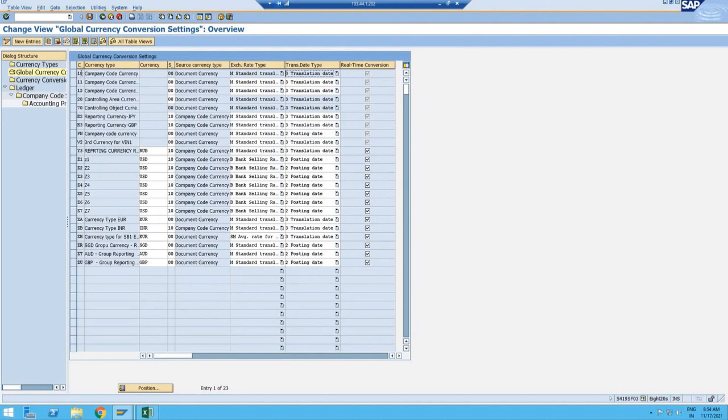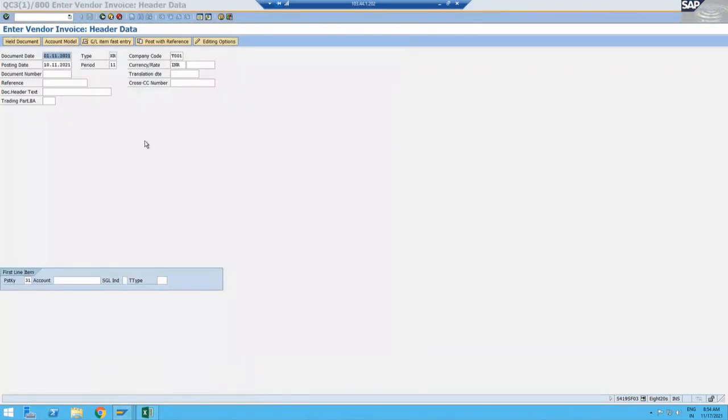This is the setting at the company code level. That is, when I'm trying to post in my company code, the transaction date is set as transaction date. Let me show you. So this is the setting. If I maintain the rate here as 1.11.2021,